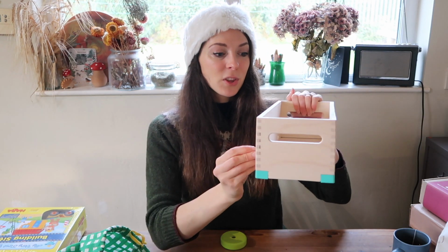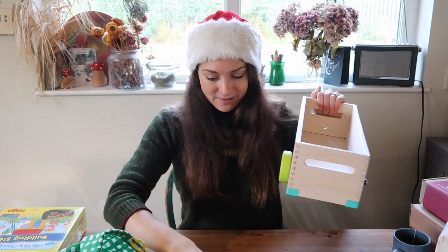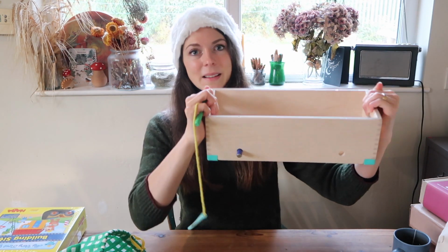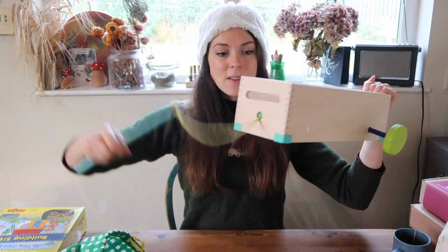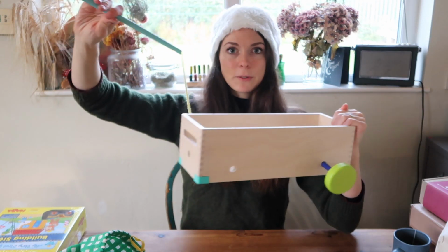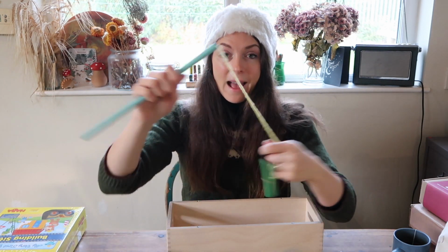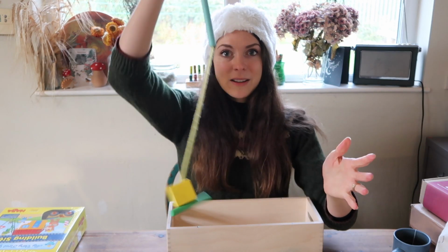There's also magnetic rods that can be fitted through this container, and there's magnetic wheels as well that you can then put on, and there's obviously 4 wheels. And there's also this, let's flip it over this way, little pulley that you can pop in, and then you get this really fun, oops, that's not meant to fall out, this really fun trolley for the children to play with. And then also, this is a really simple threading tool,